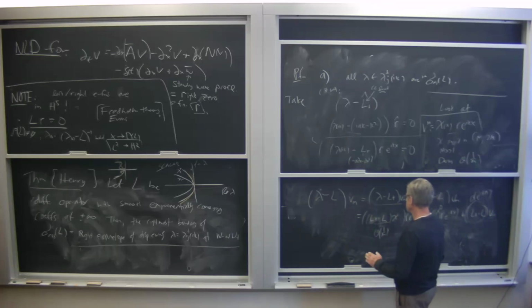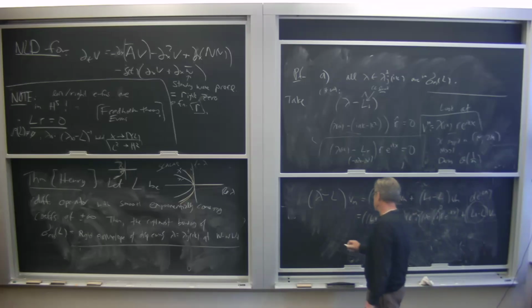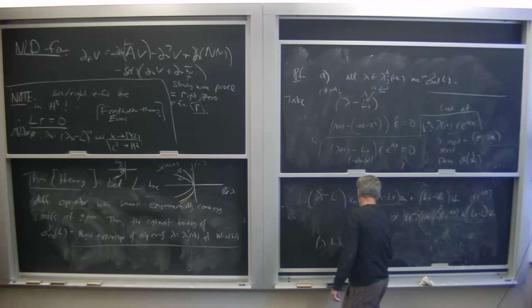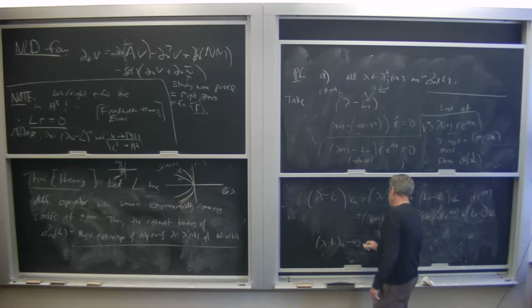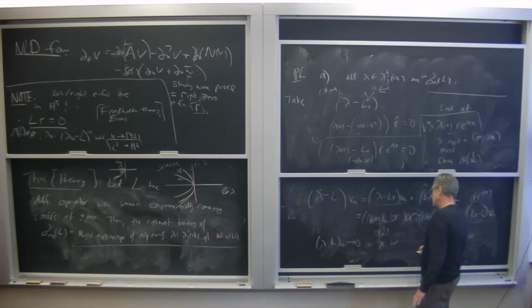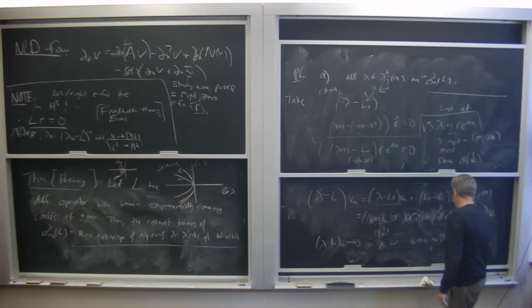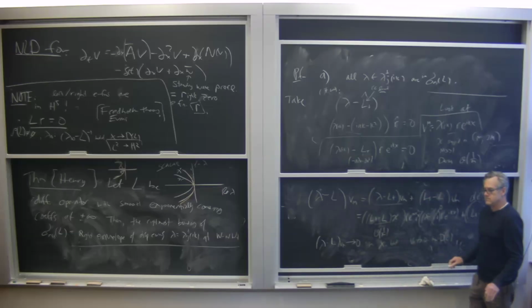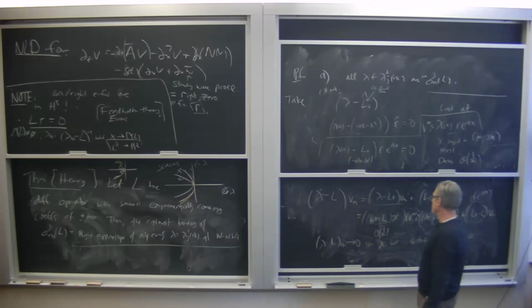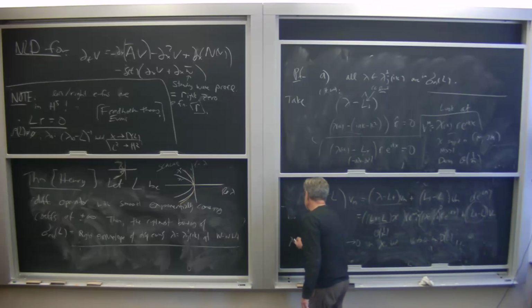Okay, so we find that lambda minus L applied to Vm goes to 0 in x, but Vm does not go to 0 in d of L. But m is fixed? M goes to infinity. Yeah. So